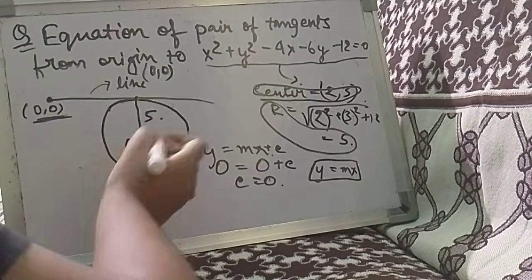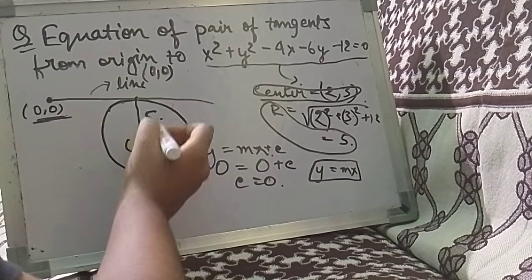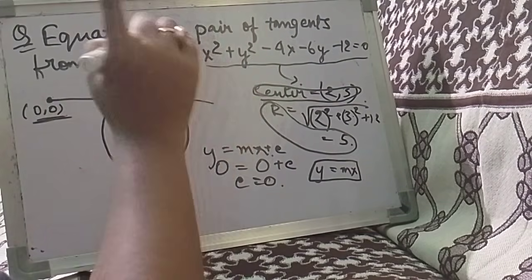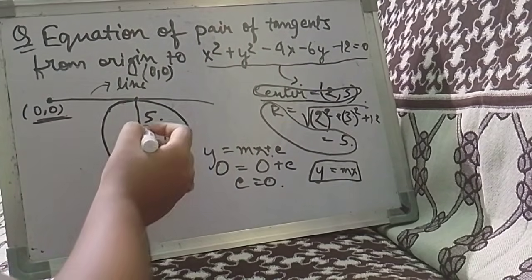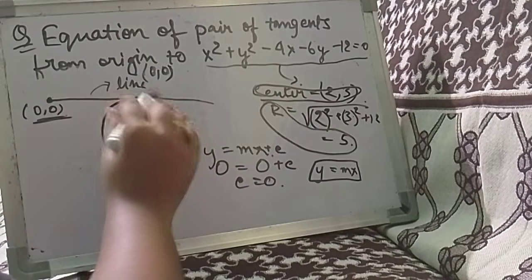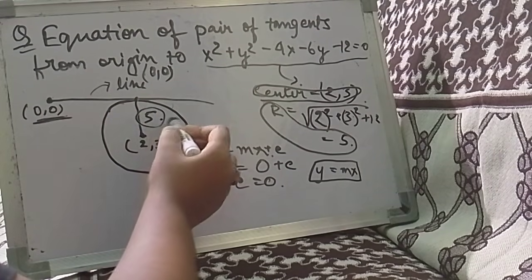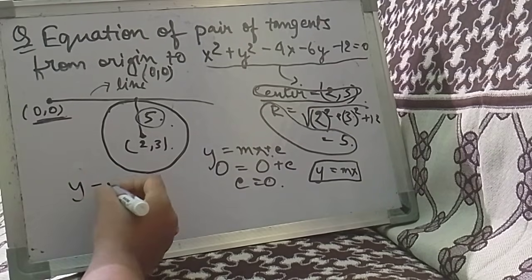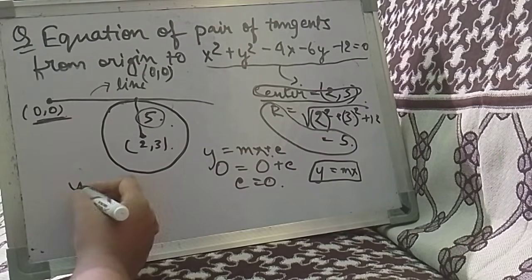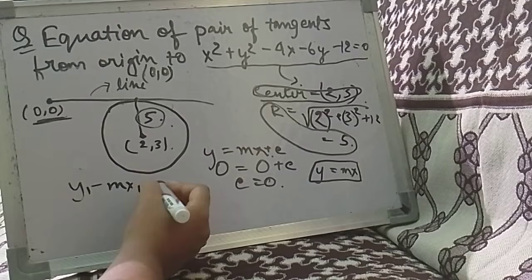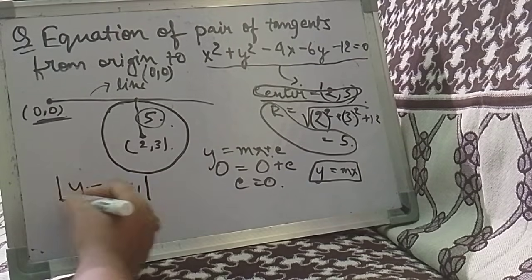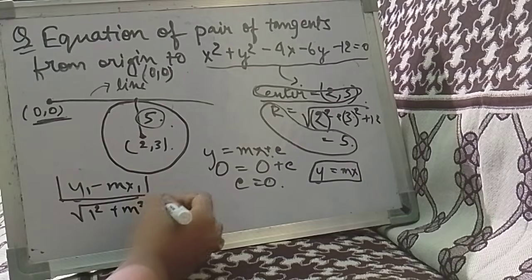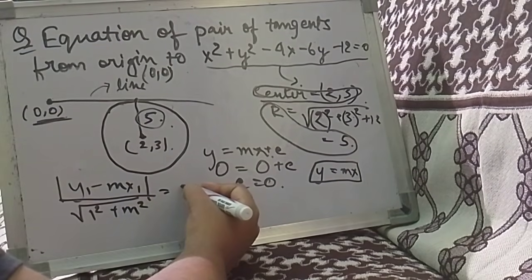So now we know that whenever a point is given and a line is given, there is a particular formula. The perpendicular distance from that point to the line is the radius. So let's put it in the formula: y1 minus m x1